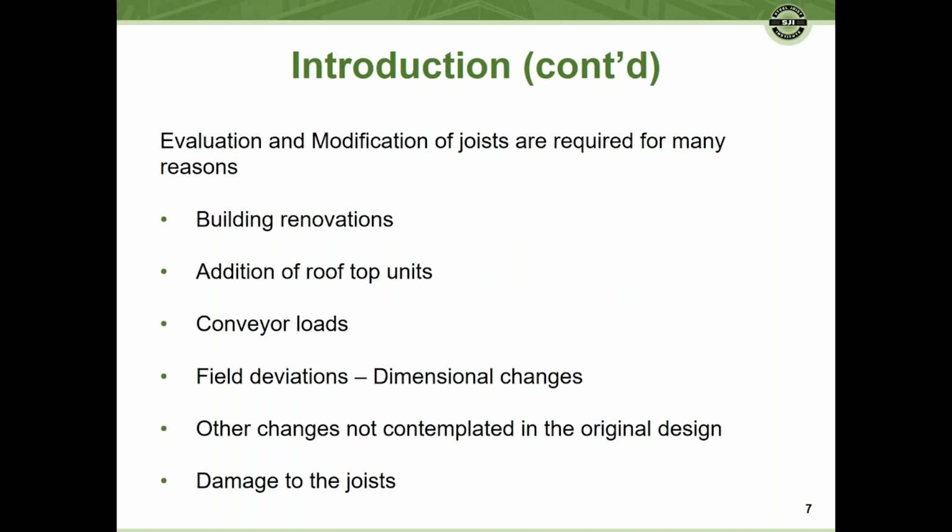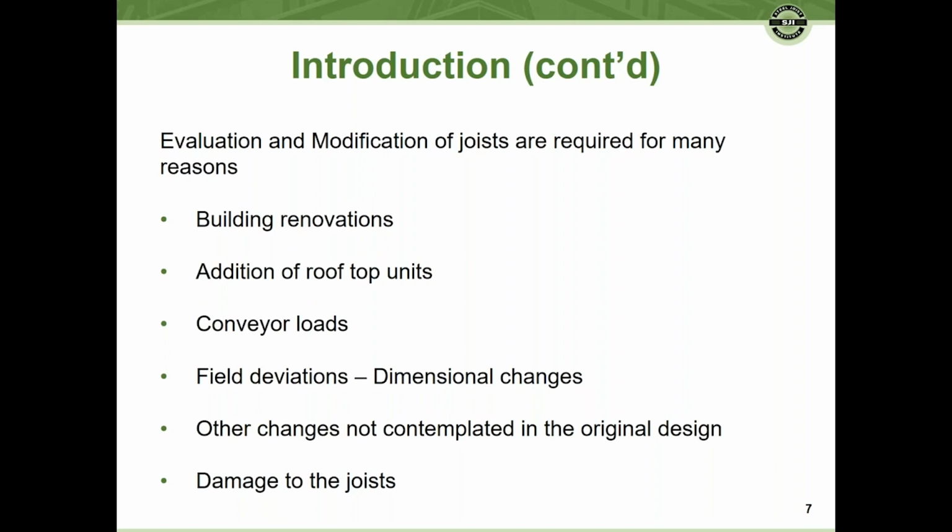One of the reasons why we might want to evaluate and modify joists could be for building renovations, for additional loads due to such things as rooftop units or conveyors. Perhaps there are deviations in dimensions of the building. We need to lengthen or shorten some joists, or other things that we didn't contemplate in the original design,